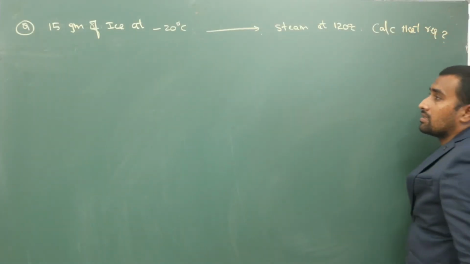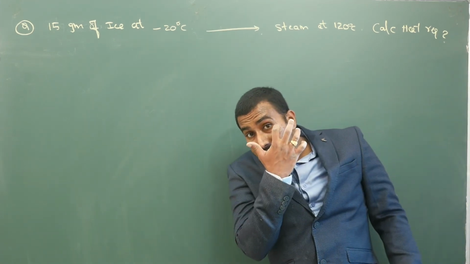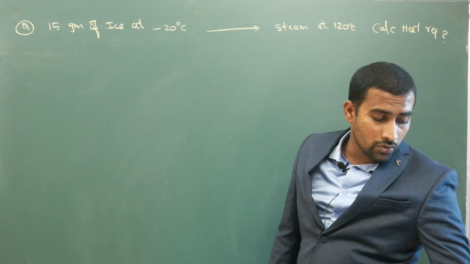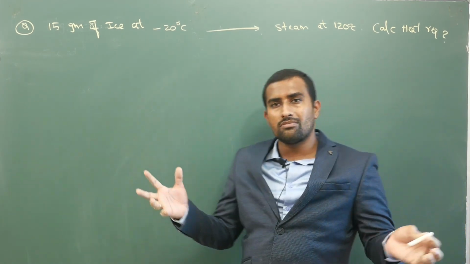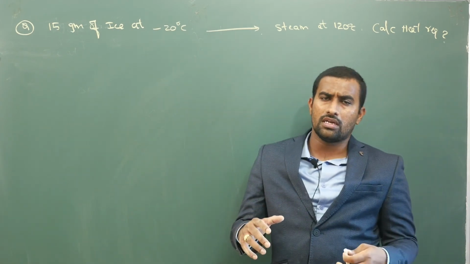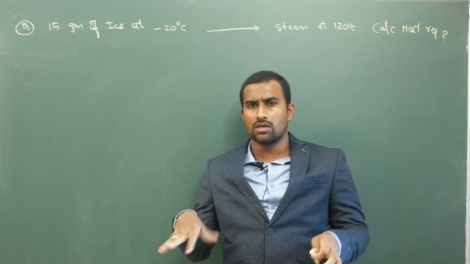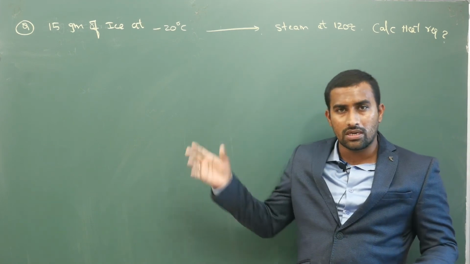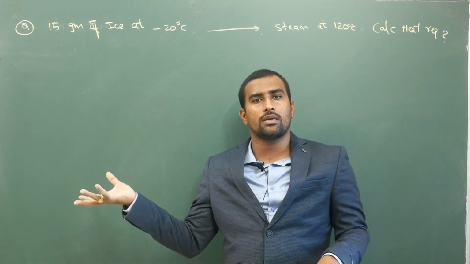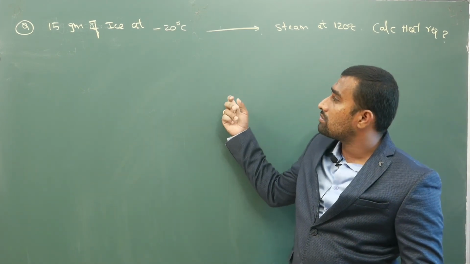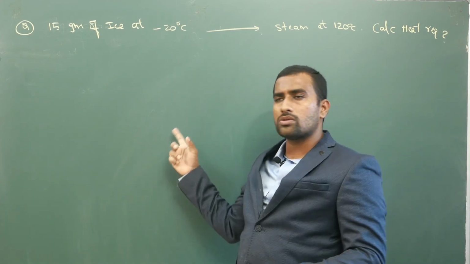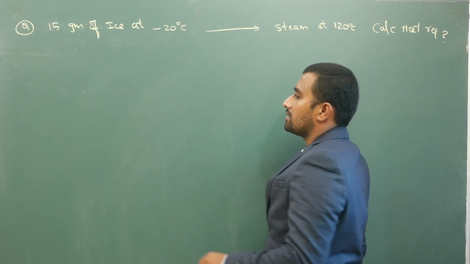That is your question. Now in the later part of this chapter, we will be mixing ice plus water. Then ice plus water can give you ice, water, everything. Anything is possible depending upon how much quantity and what temperatures are there. Whatever approach I am doing, you just follow it as such.